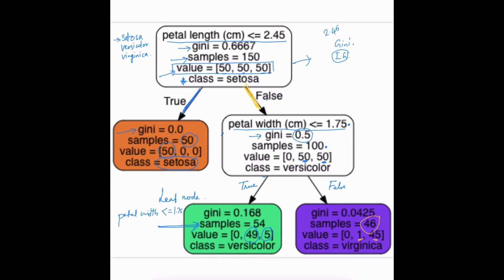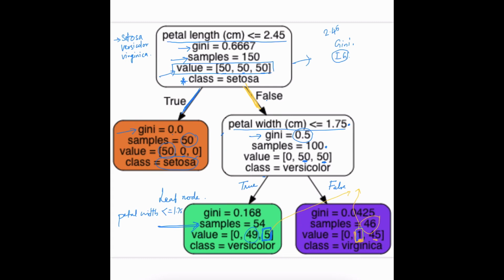Now we can see that though it's not a perfect classification, there are only very few exceptions to what we have reached. So if we were to split again, we have to worry about these 5, because these 5 are virginica, and this one right here, which is in versicolor. So these are the things that have been misclassified, and if we were to split the tree more and more to greater depths, these are the ones that we will focus on